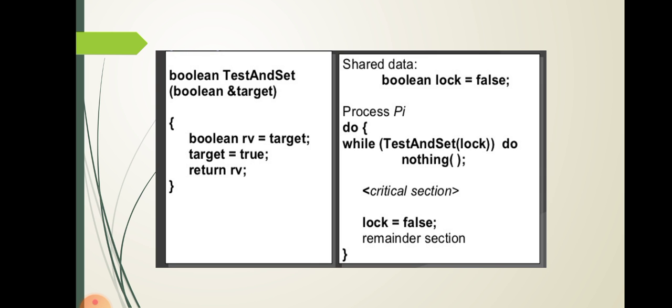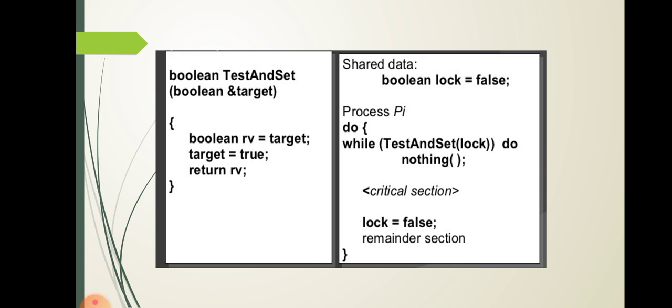If, for example, process P1 wants to get into the critical section, we have to test and set the instruction. First it tests the value of lock. If lock is 0, then we set it to true, that is target equals true, and it returns the value to the while loop and sets the lock value to 1. Because process P1 is in the critical section, it remains true. Now the process Pi enters the critical section and executes.